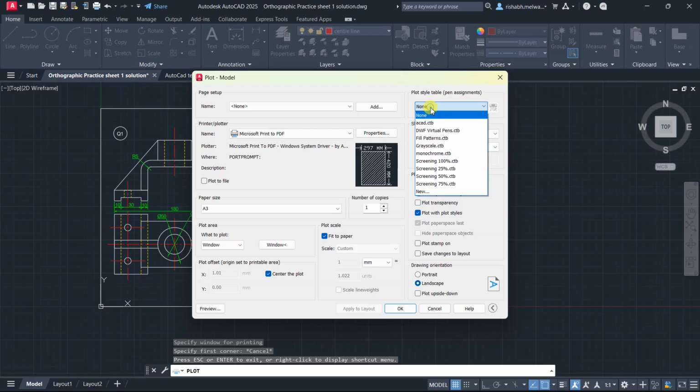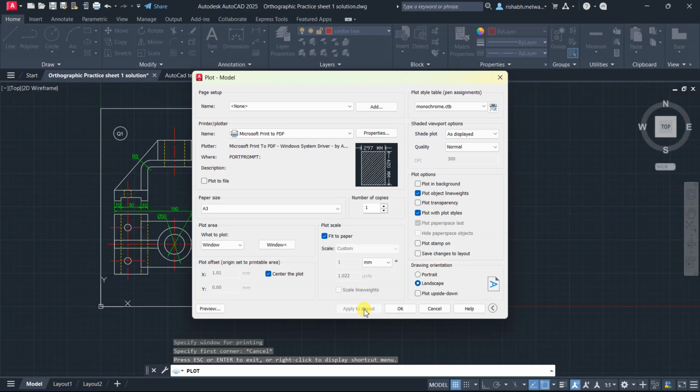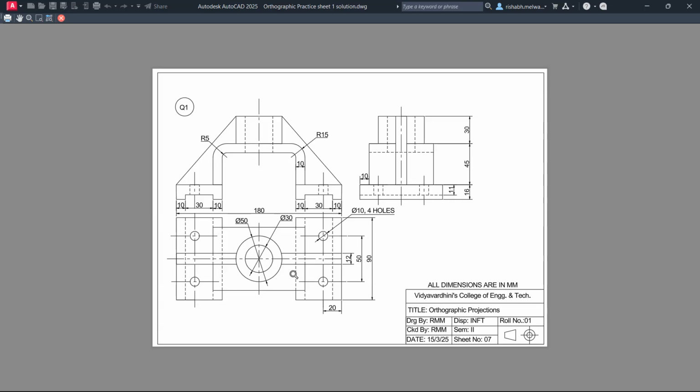and instead of none we will select monochrome. This is the most important part, and click on yes. Now again click apply to layout, click on preview. Now you can see all the colors are gone. Okay, then click on plot,